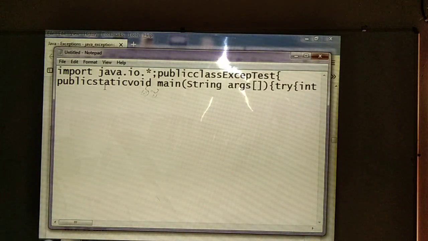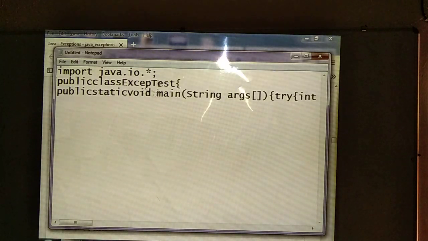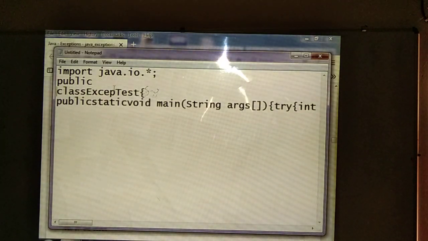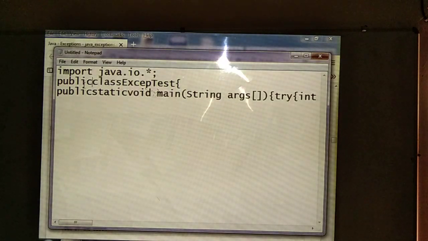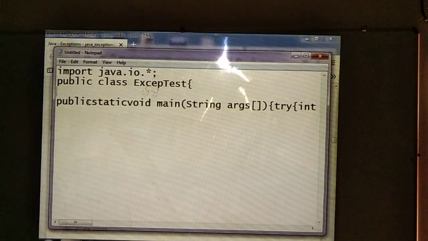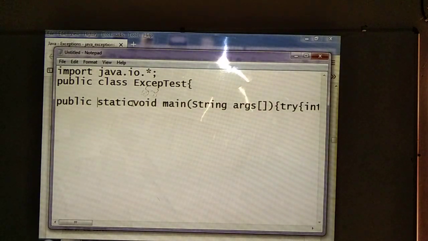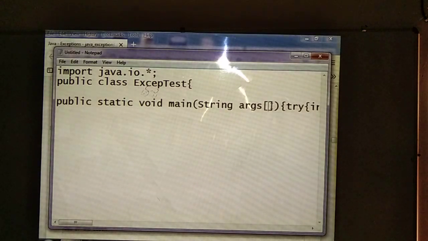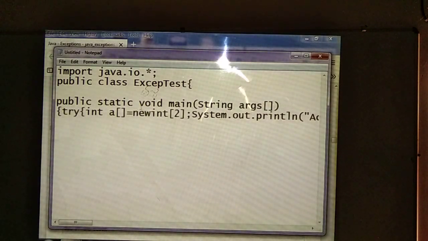First Java import. Class ExceptionTest. Then we are going to open public static void main String args. First we need to create one class. Which class? Public class ExceptionTest we are going to write.